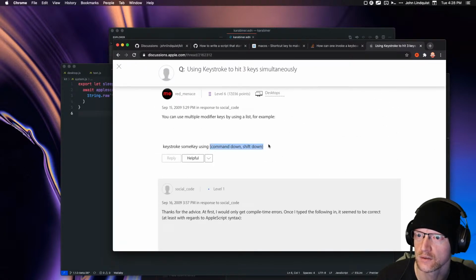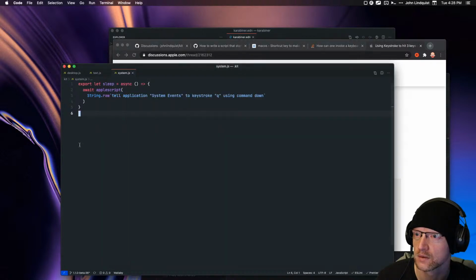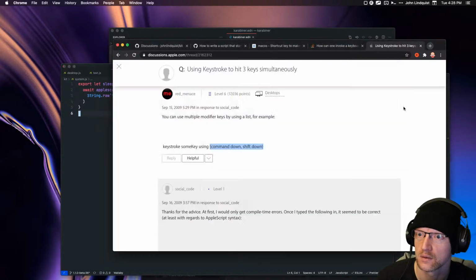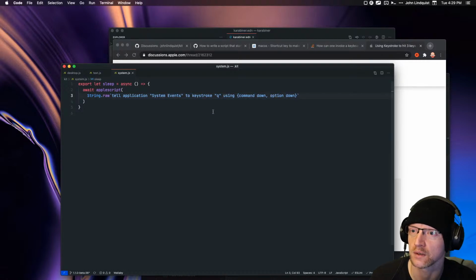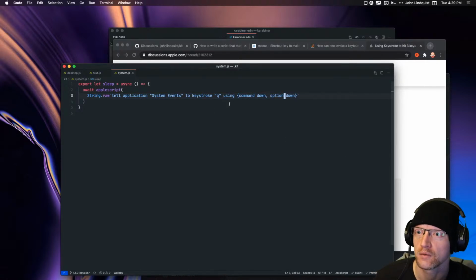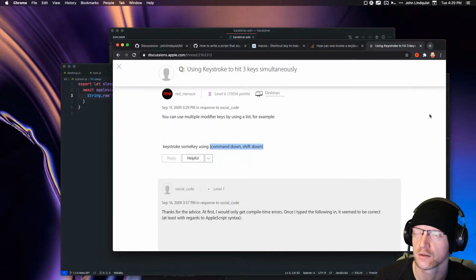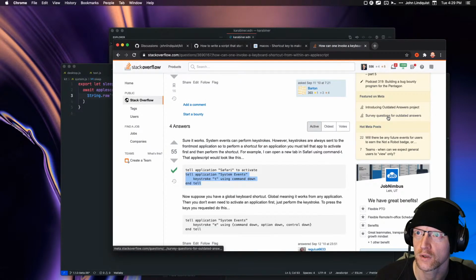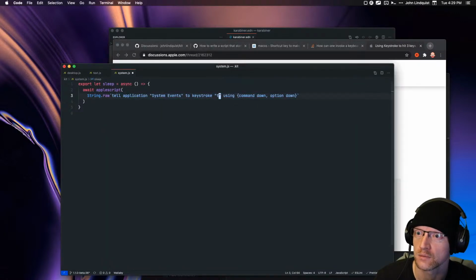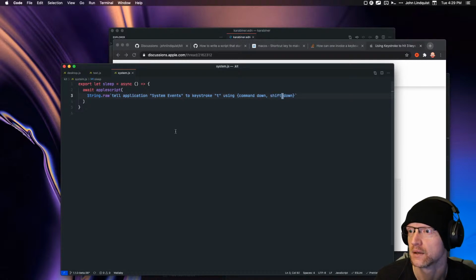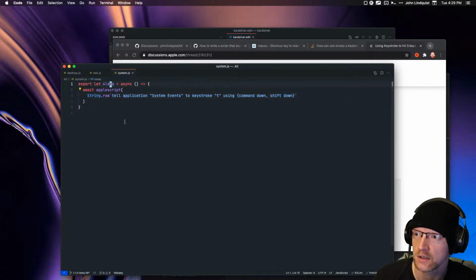So it'll be like this. Using command down, option down. I wonder if there's a way to test, like, reopen close tab is Command Shift T. So let's do that for now. Command Shift T. So we'll pretend that's the